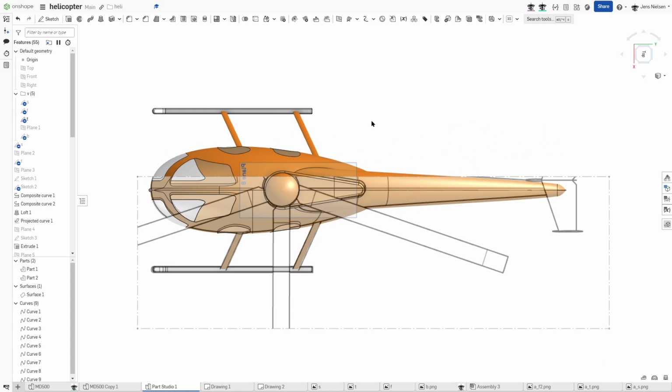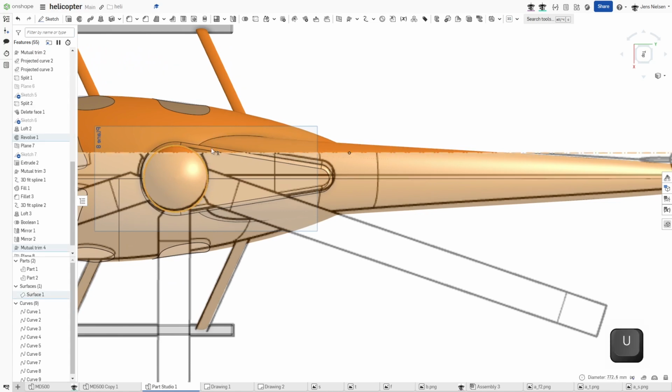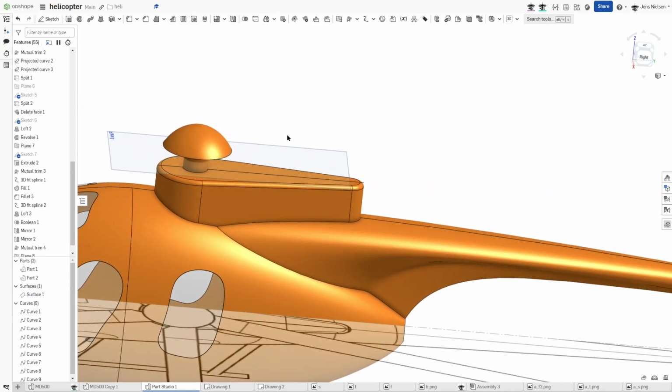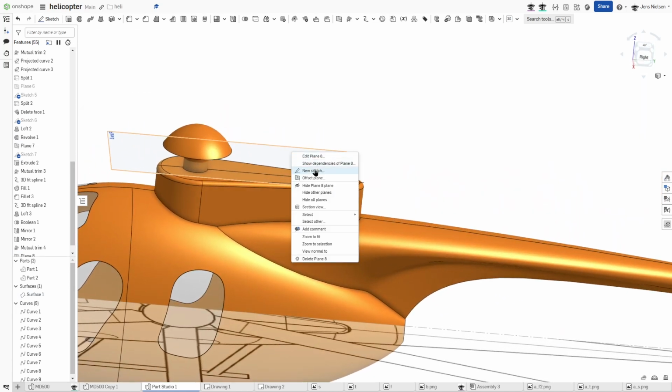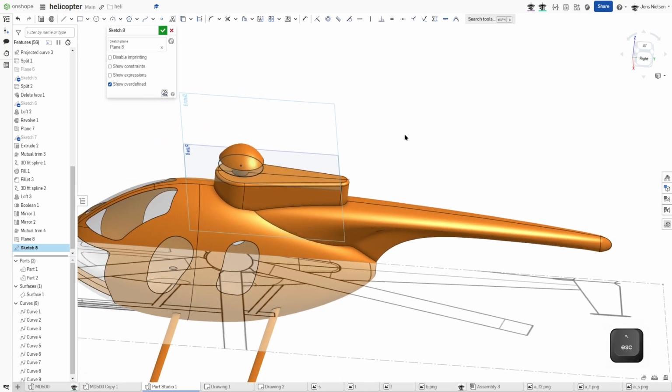So first I will project that edge. No, I will need to start a sketch here. Project that circular edge,